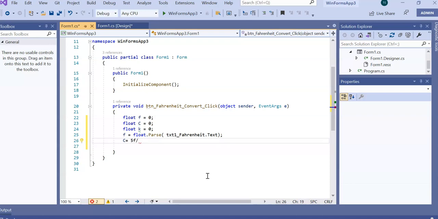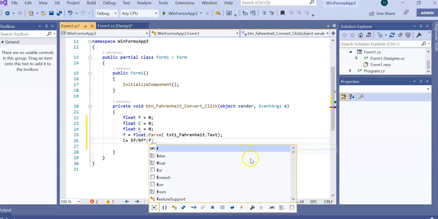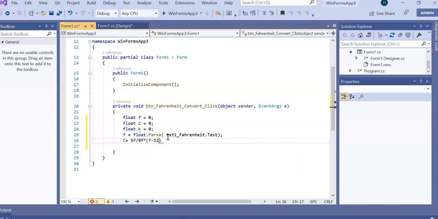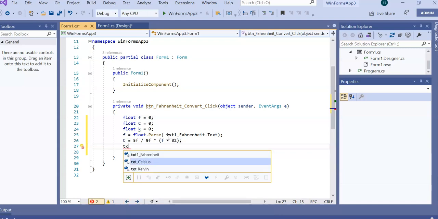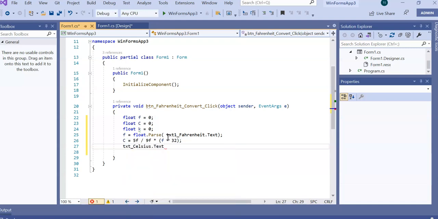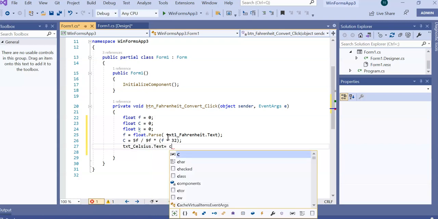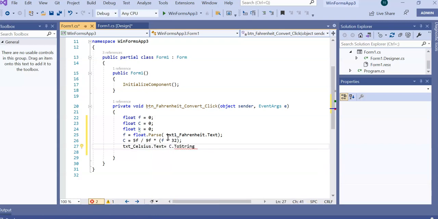So to avoid that, 5/9 F multiply F, this number, whatever number here, minus 32. Okay, so this is Celsius. So textBoxCelsius.Text will equal C.ToString. Okay, so that's the same thing with the